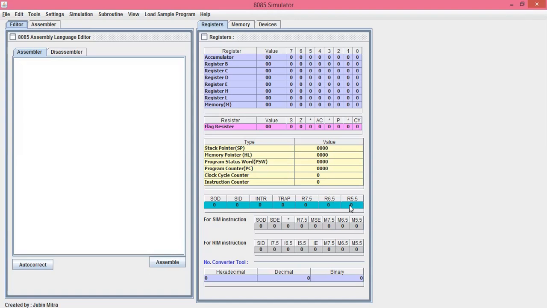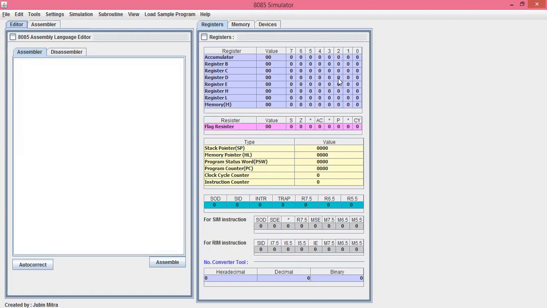Then moving on to the next, that is the RIM instruction. RIM is the read interrupt mask. Its opcode is 20, and it is used to check whether the RSTs are maskable or not. यानी कि जो software interrupts हमारे available हैं, वो maskable हैं या नहीं. Then it also checks whether interrupts are enabled or not. ये software interrupts programmer के ऊपर depend करते हैं कि वो इनको enable या disable कर सकता है. तो RIM is also used to check this. The last one is to check whether interrupts are pending or not. यानी कि pending है या नहीं है, ये उनको check करता है.